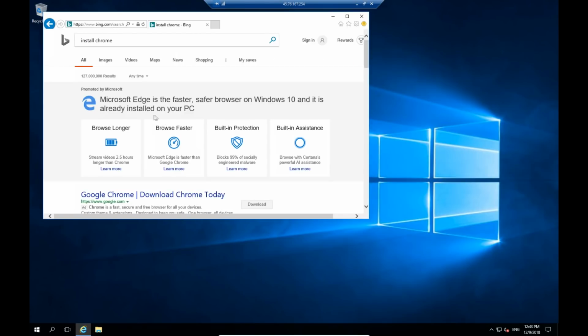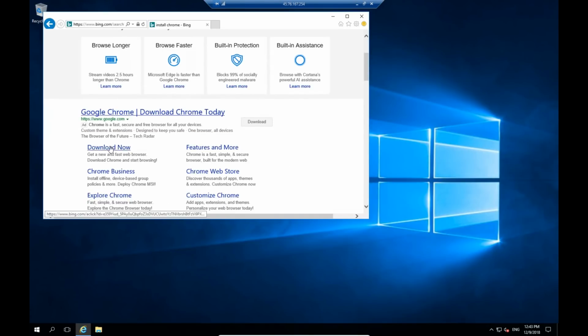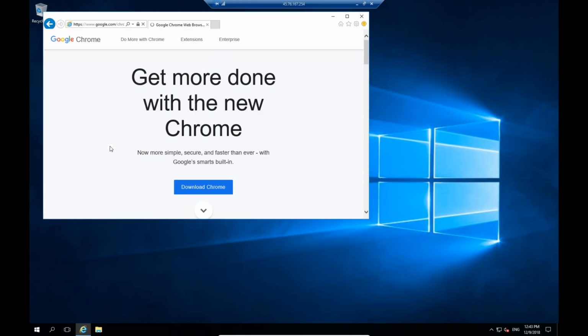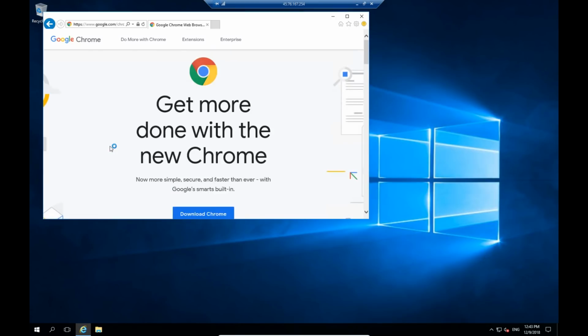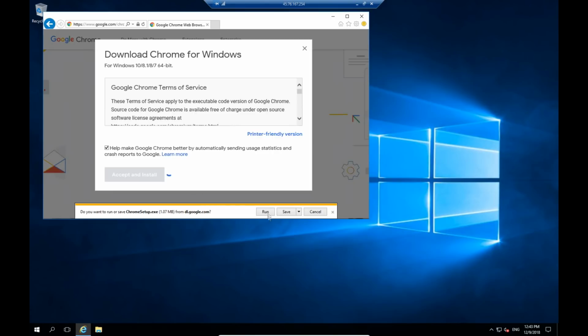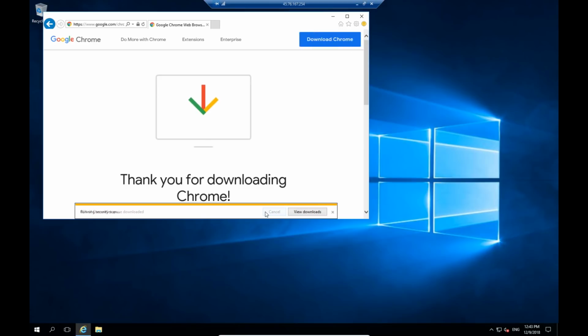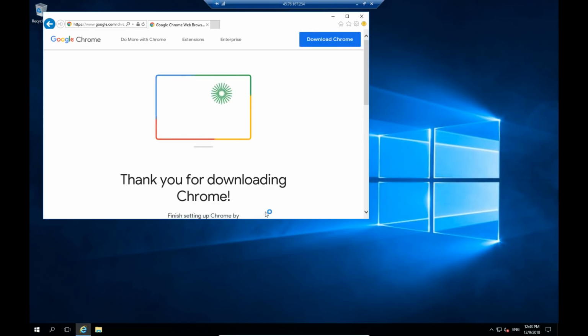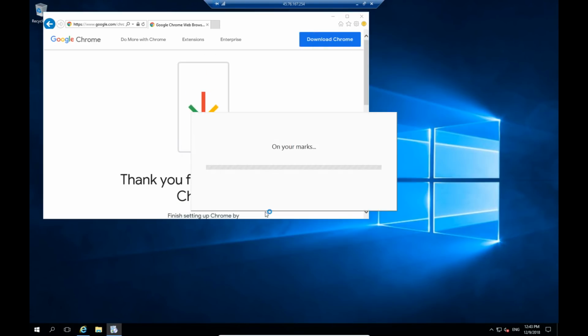There's that joke in the IT sector that Internet Explorer is basically the Chrome installer. That's pretty much all it's used for, or Firefox if you're a Firefox user. But nobody, as far as I know, really uses Internet Explorer because, well, it's Internet Explorer. It's Microsoft. It's buggy. It's crap. So, yeah, it is the Chrome downloader. Now that it's installing Chrome,